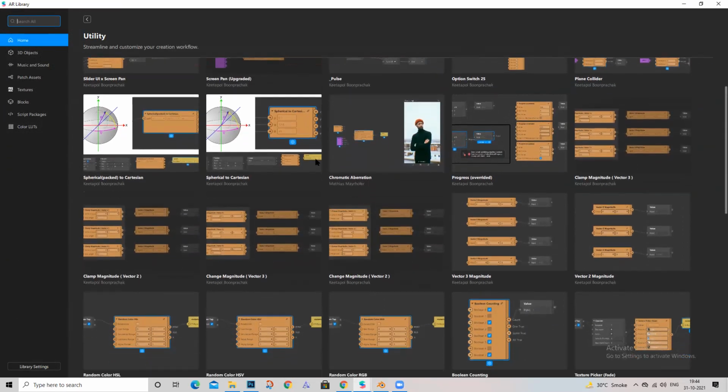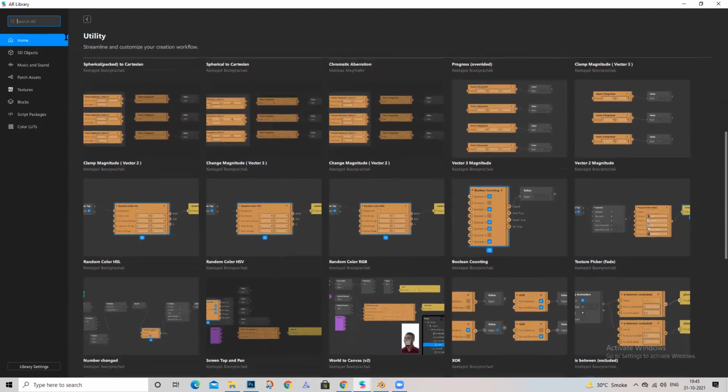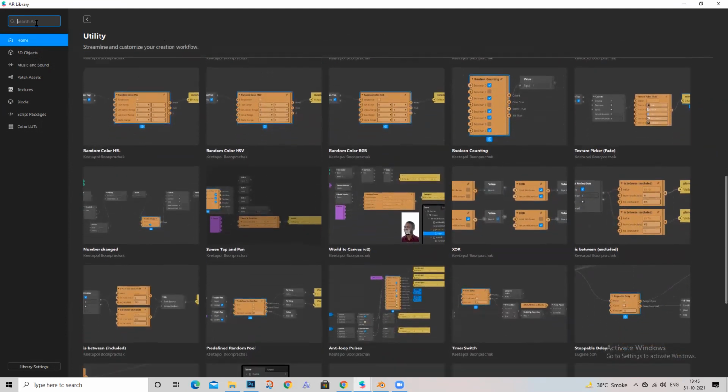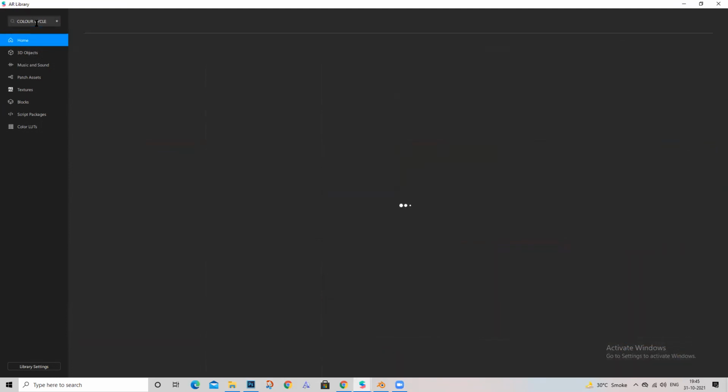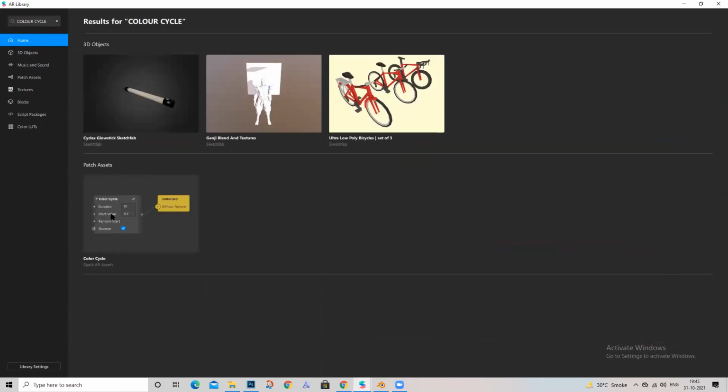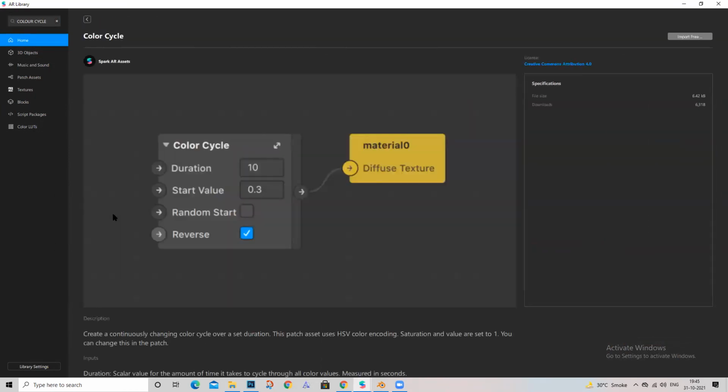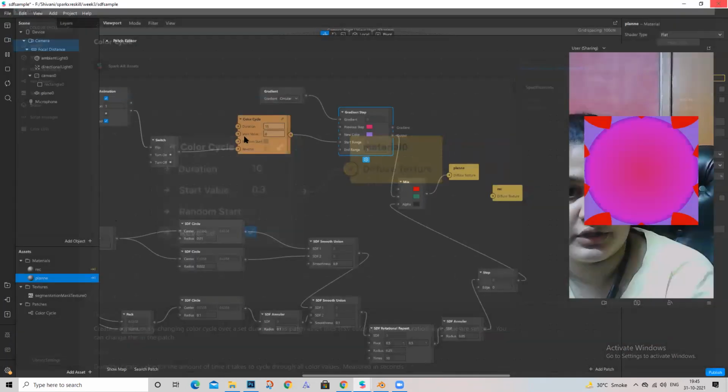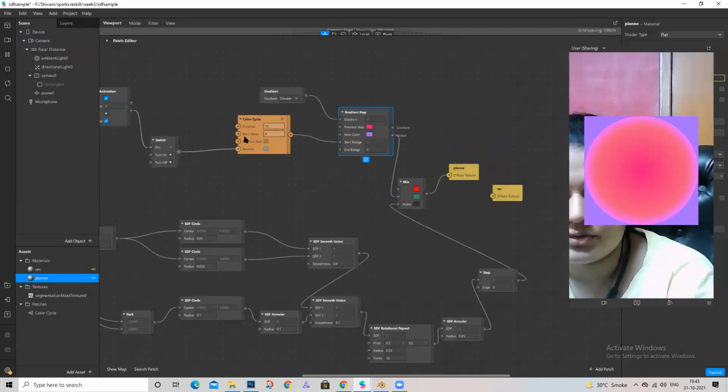So there is a color cycle patch here. This is the patch that I imported. What it does is it constantly keeps changing color. We have a duration also. So that's something I imported from the Spark AI library.